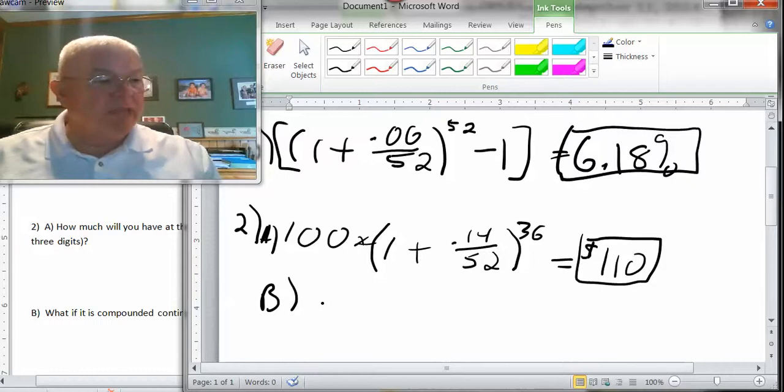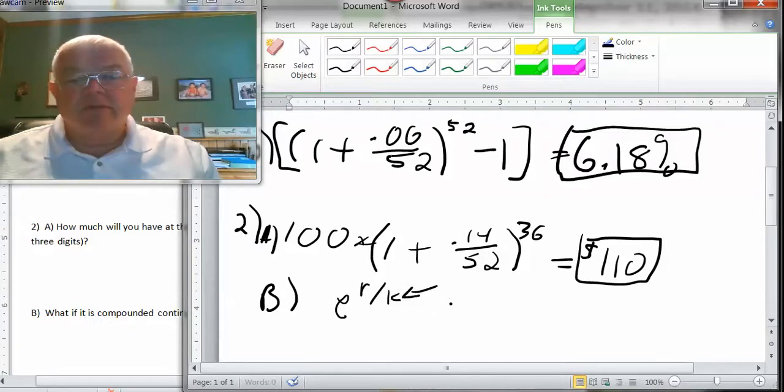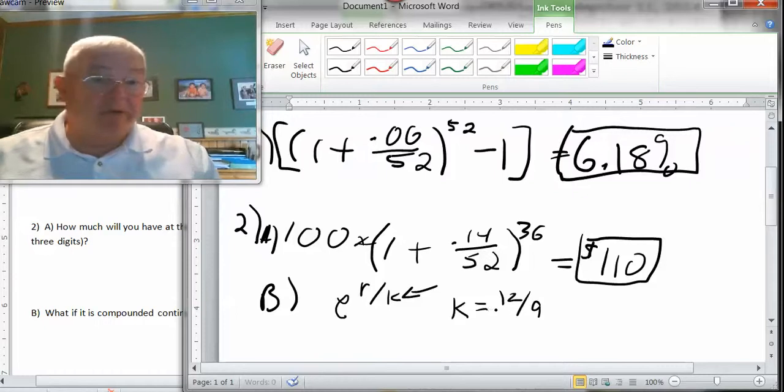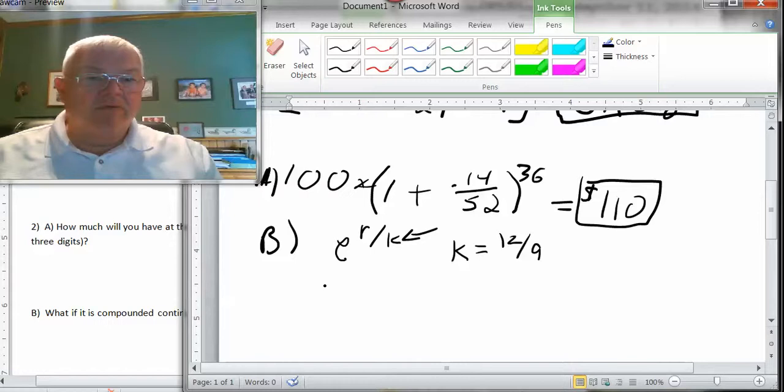But we have to know how many compounding periods in a year. Remember, we want e to the rate divided by k, where k is the number of compounding periods in a year. Well, what's k? Well, in 1 year, there's 12 months divided by 9 months. That's how many compounding periods. There's 1 1/3. So our factor here for the interest rates becomes e to the interest rate 0.14